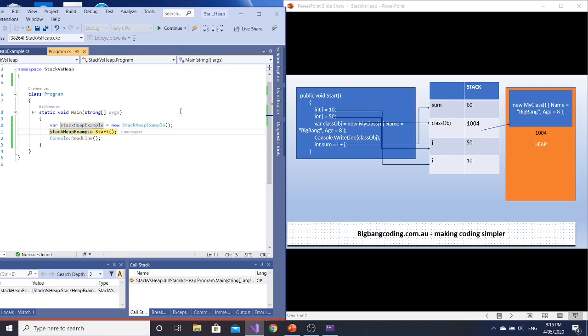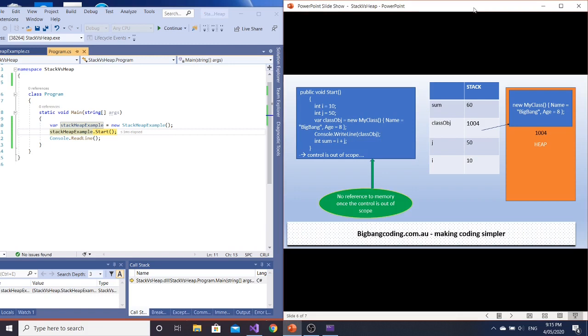So my control is back. There is no reference to the Start method. Similarly, there will be no reference to the memory once the control is out of the scope of that function. In that case the stack will vanish. The stack is no longer referred to, which means it is ready to reuse.